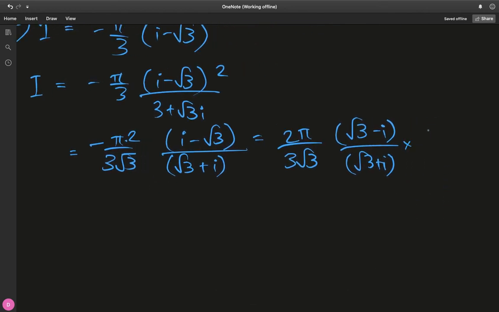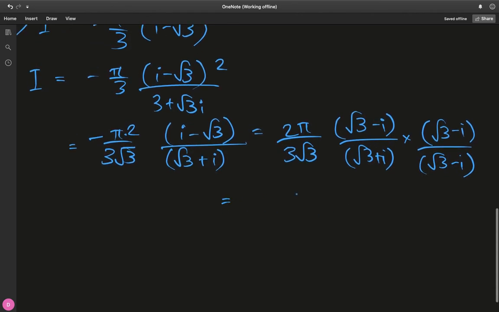Again multiply and divide by the conjugate of the denominator. So in the denominator this will become 4, so 2 pi over 3 root 3 times 4, and then root 3 minus i, the whole thing squared,